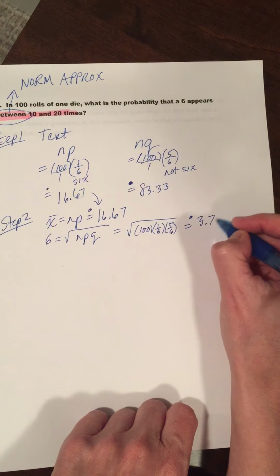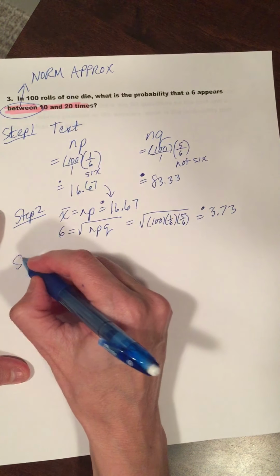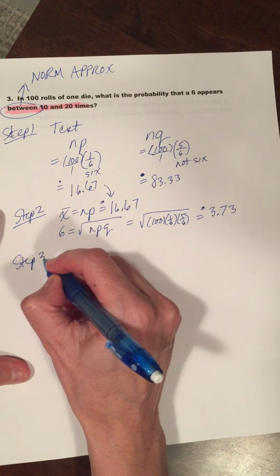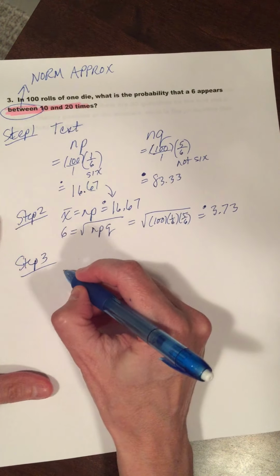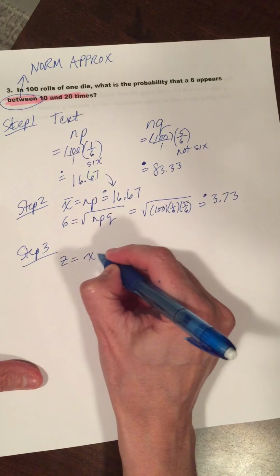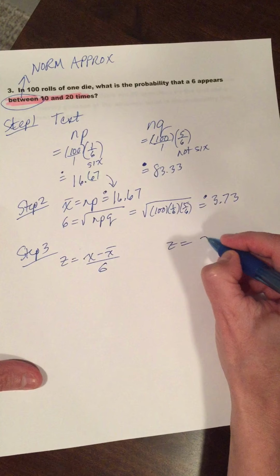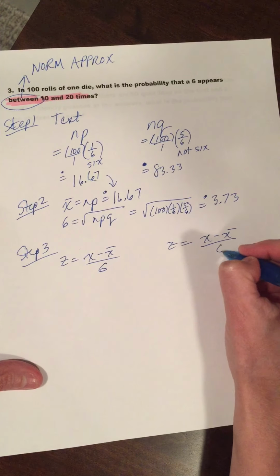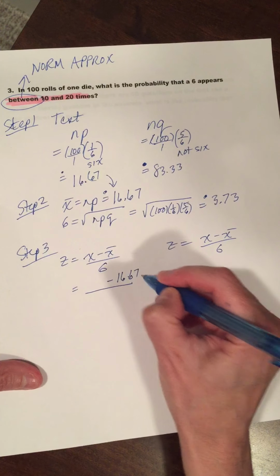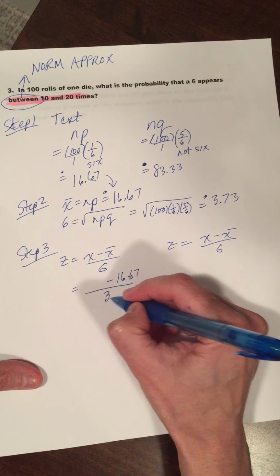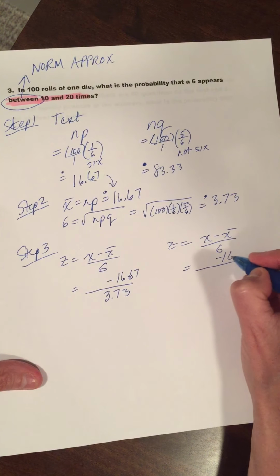Standard dev, 3.73. Now, we're going to do our step 3. And because this is a between question, we're going to jot down the z-score formula twice. Average being 16.67, standard dev 3.73,